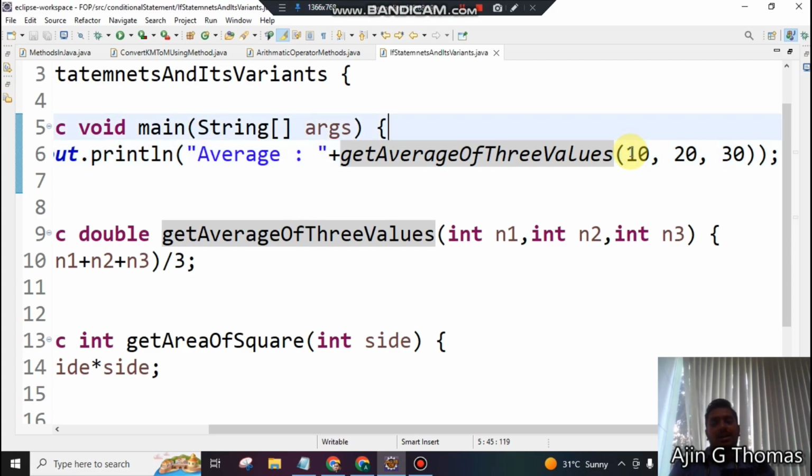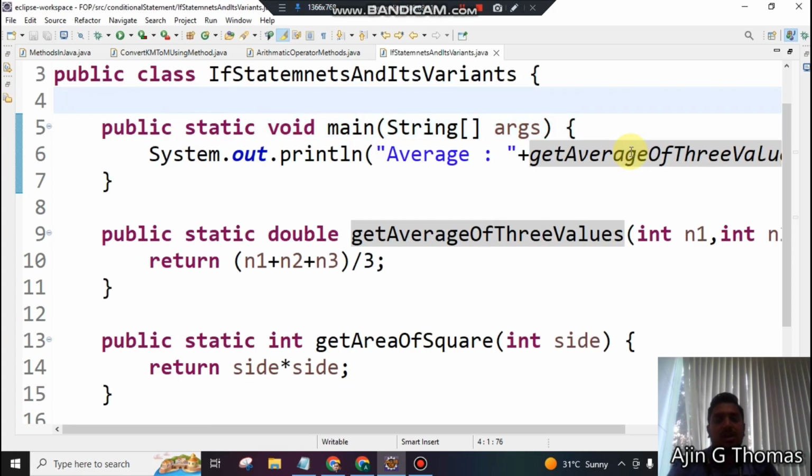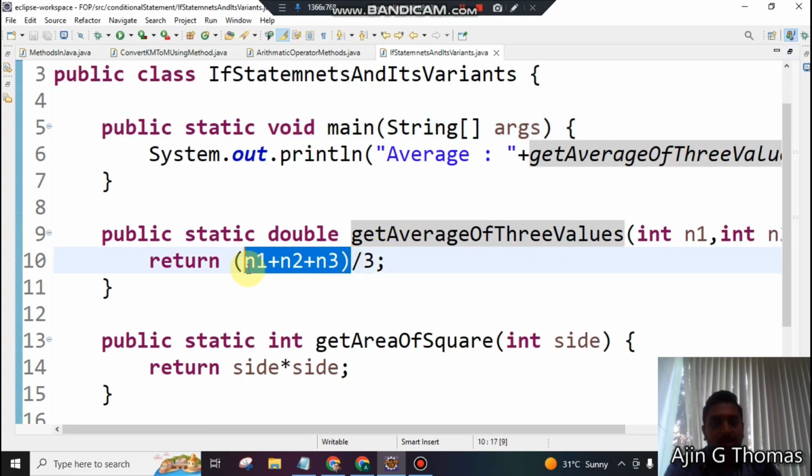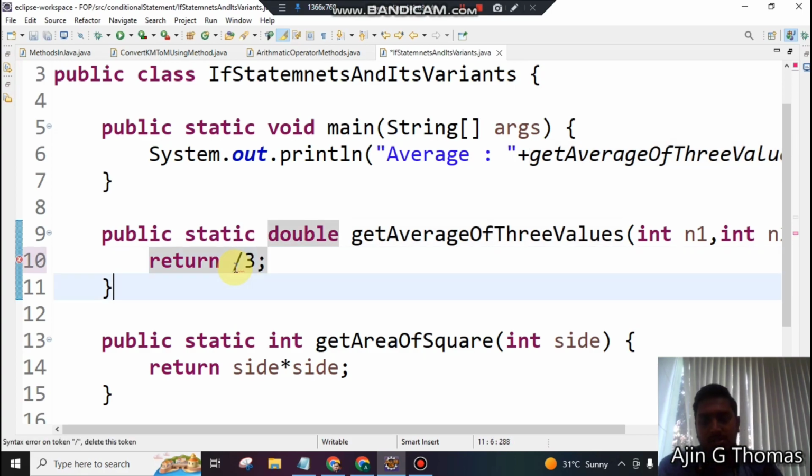And also, this is not the only way we can create the program. Here what I am doing actually is finding the sum, right? So what I will do is,